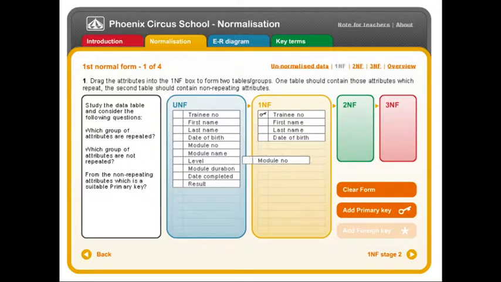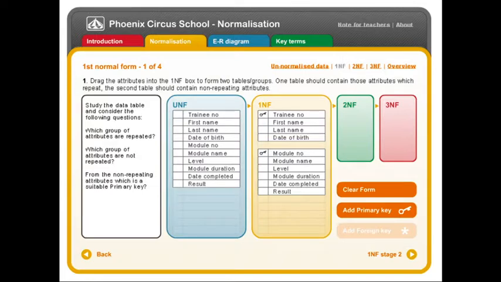So we can take the module number down and fill it with all the attributes for the module table. And again, we can attribute a primary key to that module. Now we've got a bit of a problem, because with those tables, the link has been severed. So we need to basically go back and look at the unnormalized data again,